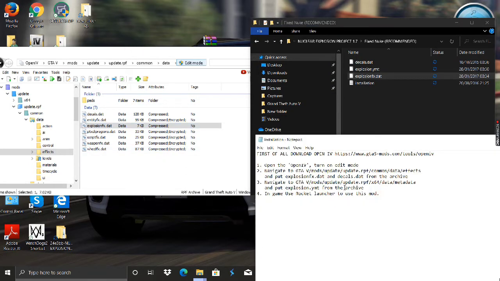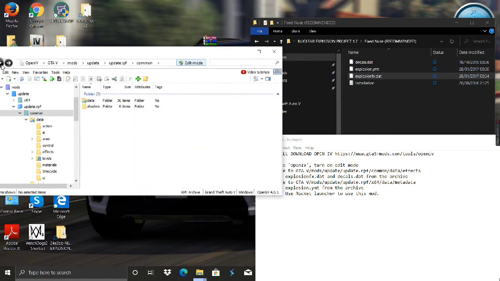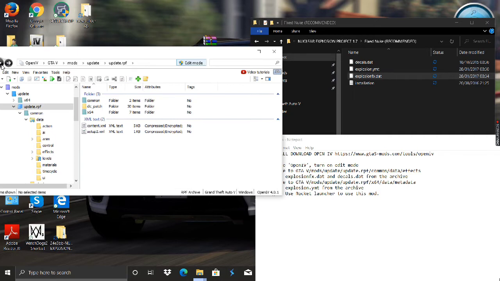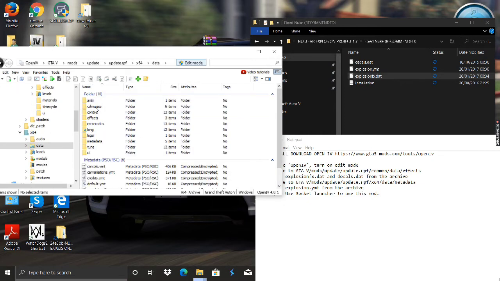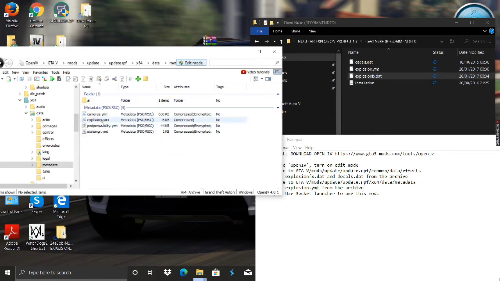So in the next second step we have to again go back and then go to x64, then go to effects, then go to metadata, and finally we have to replace the third file.